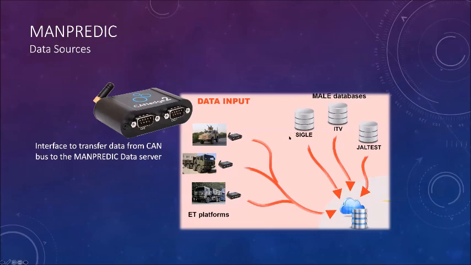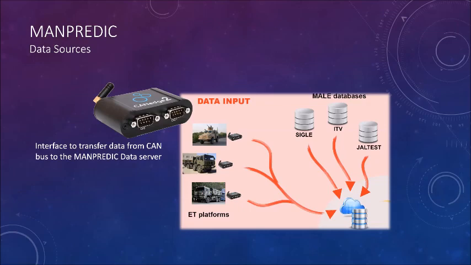The left part of the slide shows that device. This is a commercial device that connects to the CAN bus and transfers the information via Wi-Fi or different connection methods to our server, which contains the information of all the devices. The information sent by every monitor device, by every track of the Army, is stored in a data lake in